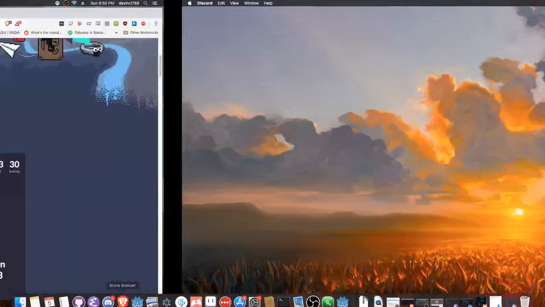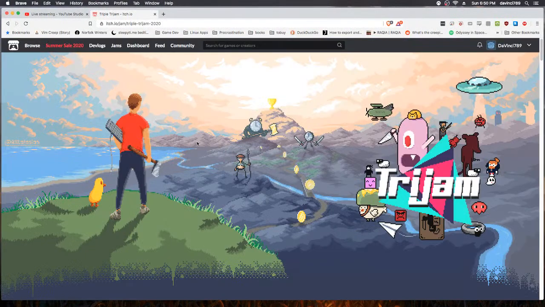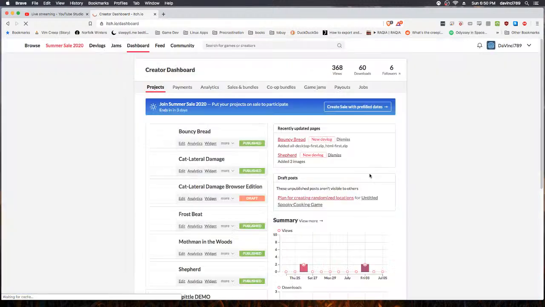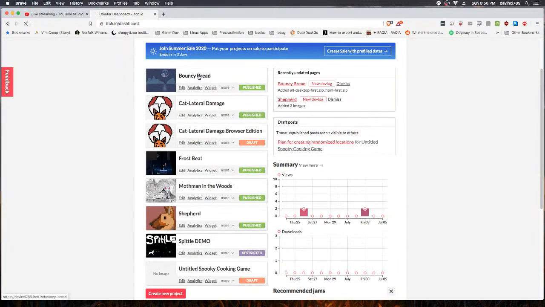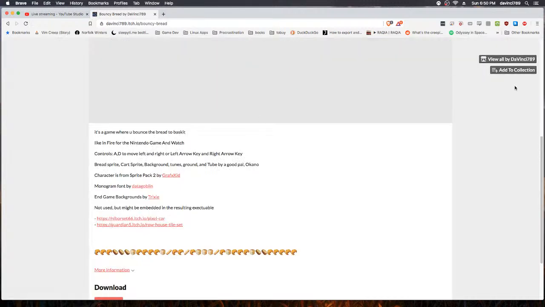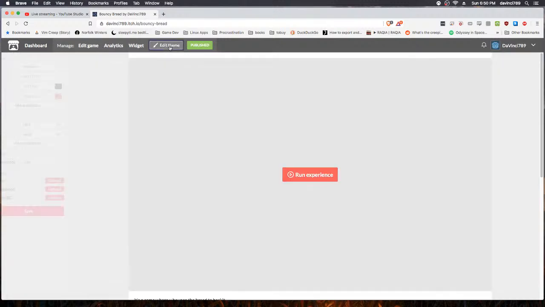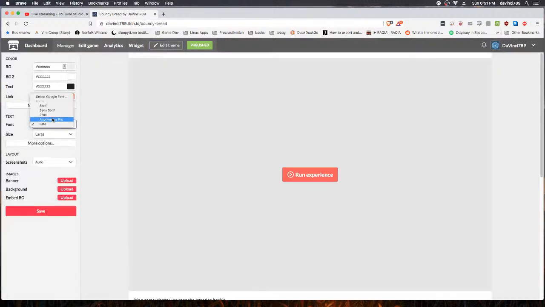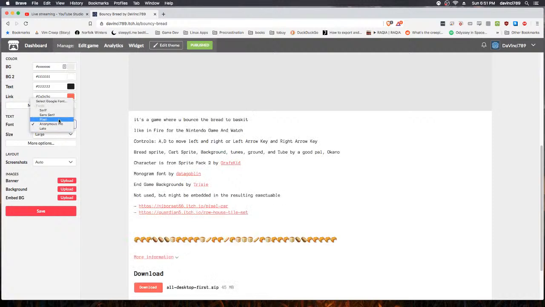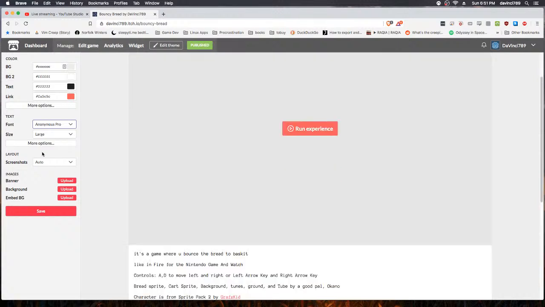I'll just share it with my friends on Discord. That's like implying that the people in the Mother4 Discord aren't my friends. Let's go to my dashboard. See bread. Okay, published. Let's edit the theme. I just asked my friends to try it out. Anonymous Pro. I mean, sure, this kind of looks bad. It's fine. Actually, the more I think about it. Screenshots. I need to add screenshots, but